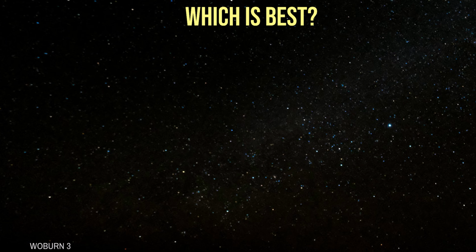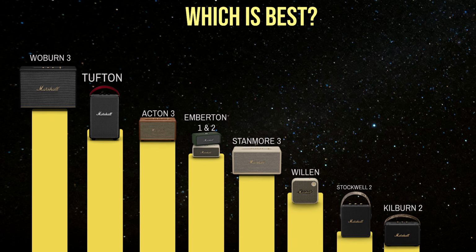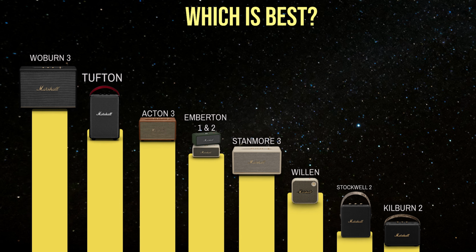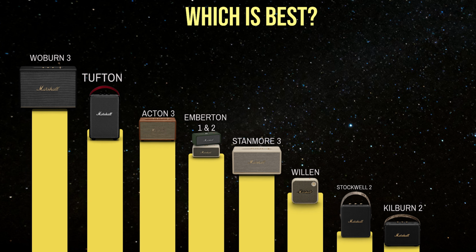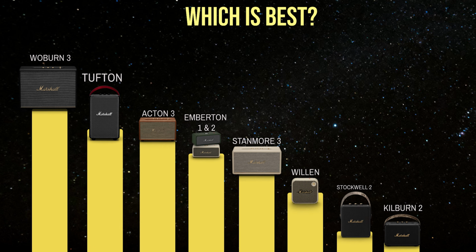Which speaker is the best of the Marshall lineup in total? The Woburn III, it's the best speaker. Of the large speakers, there's really no competition. Now, if you get into the smaller speakers, I'm definitely going to say I have a partial fondness for the Emberton. I just think it's a wonderful speaker. But